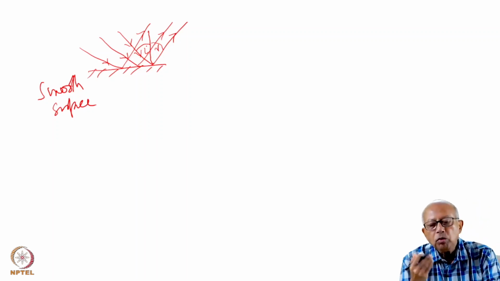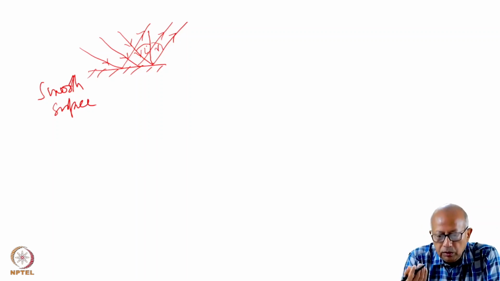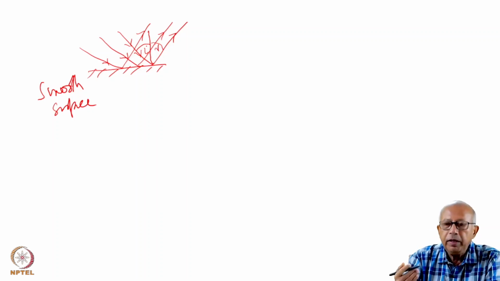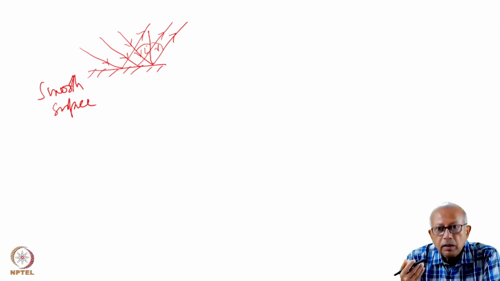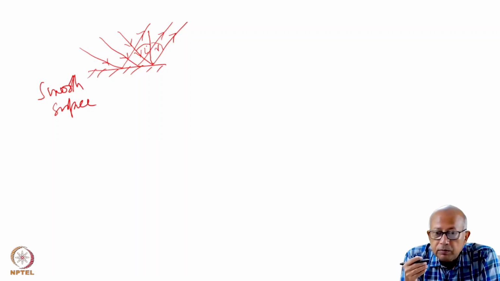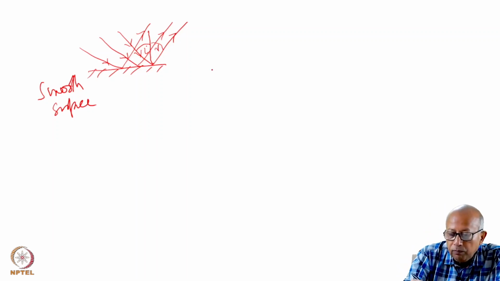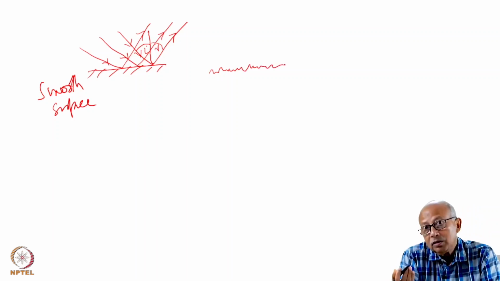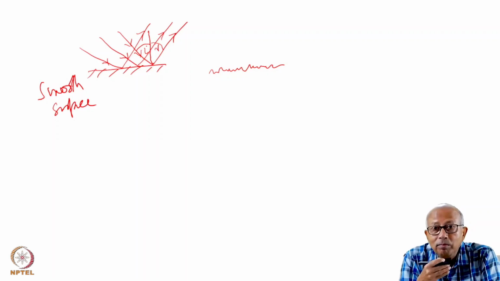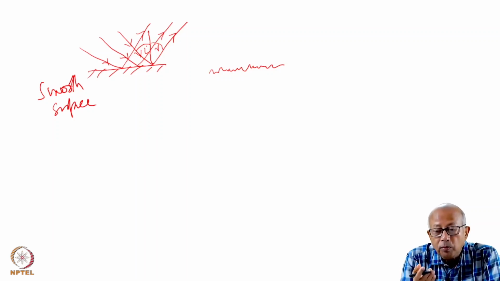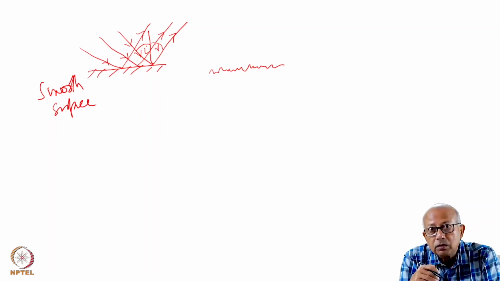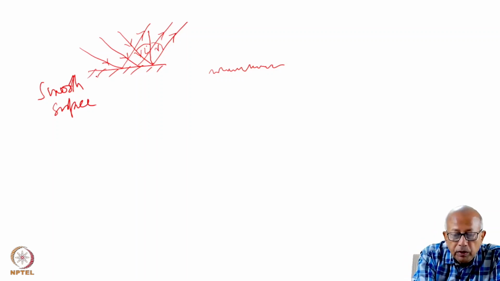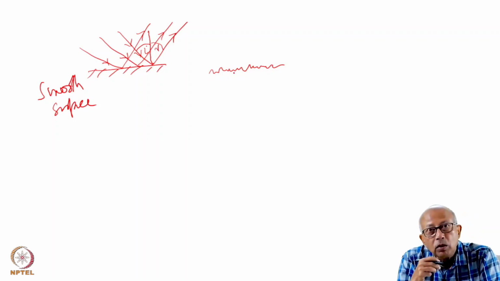However, most of the surfaces that we normally encounter are rough, with a lot of irregularity. Maybe such roughness or irregularity cannot be visible to the naked eye. So I showed here a microscopic view of such an irregular surface. The surface can be just like this page of paper where you are probably taking notes of this class. That also would not be a smooth surface, it would be an irregular surface.